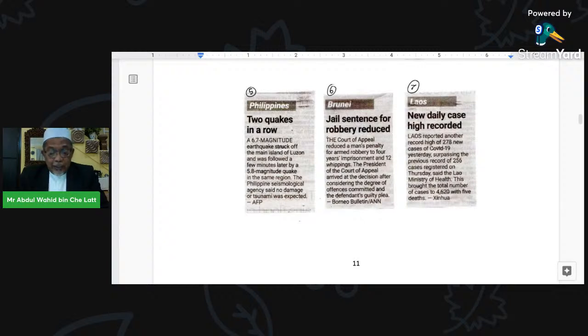Okay, extract number 6, Brunei. Jail sentence for a robbery reduced. The Court of Appeal reduced a man's penalty for armed robbery to 4 years imprisonment and 12 whippings. The President of the Court of Appeal arrived at the decision after considering the degree of offences committed and the defendant's guilty plea. Okay, the two words reduced in line 2 and arrived in line 7